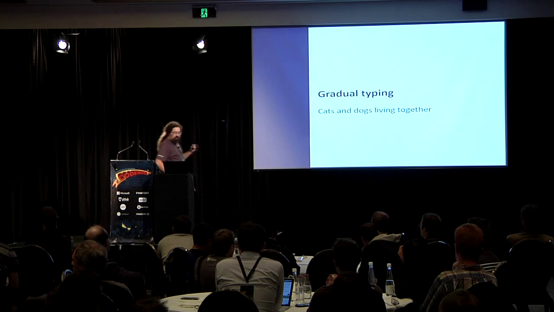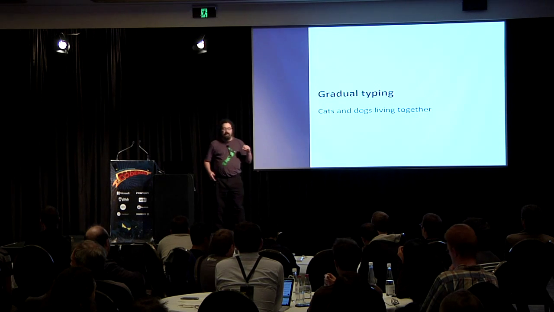And the dynamic languages people have a point, and there are a couple of ways to address that. One of them that's been coming in recently is something called gradual typing. The term, as far as I can see, comes from a Python fork where this was implemented, but it's more generally applicable, and I'll show you a couple of examples. The idea of gradual typing is that you can mix the dynamic and static modes within one program, even within one file. You can opt into the dynamic mode where you rely only on runtime checking and your intelligence, or you can opt into the static mode where you want that additional safety, where you want to have your work checked.